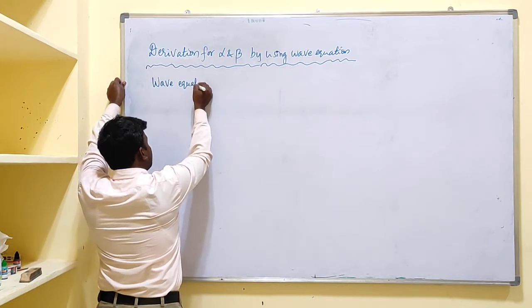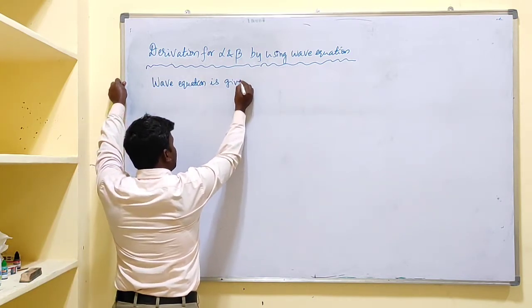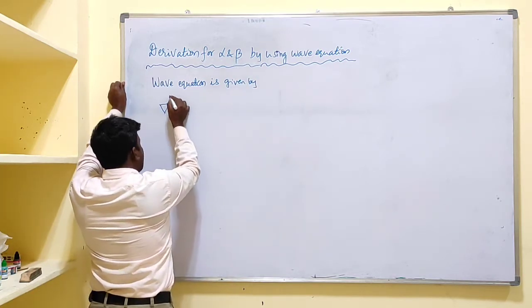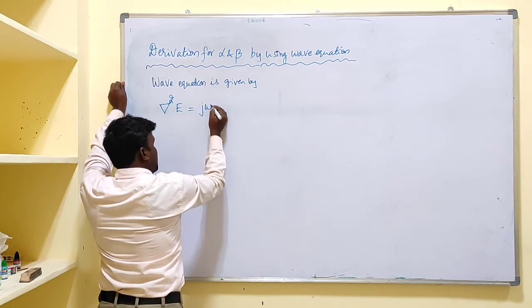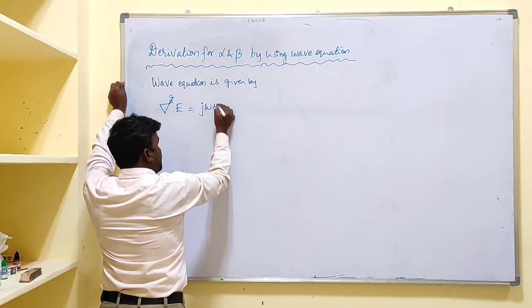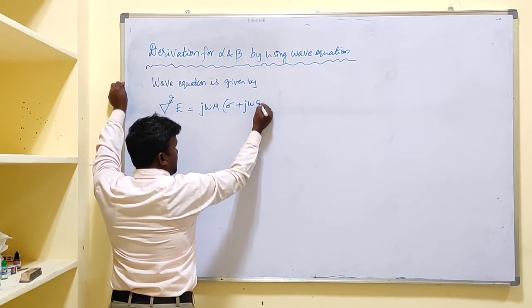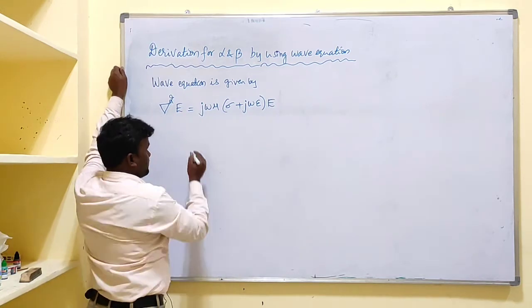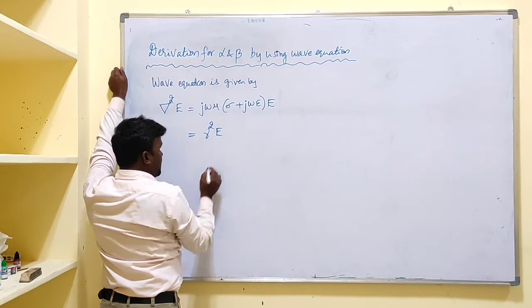by del square E equal to j omega mu into sigma plus j omega epsilon into E. This is the wave equation, or else this can be written as gamma square into E, where gamma